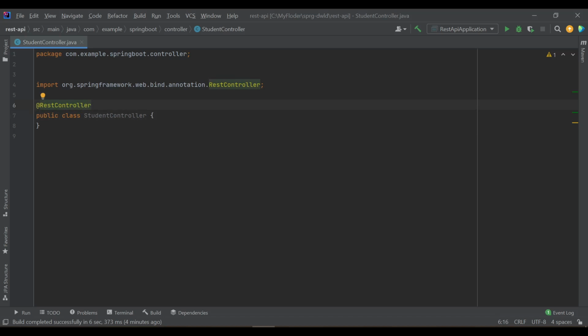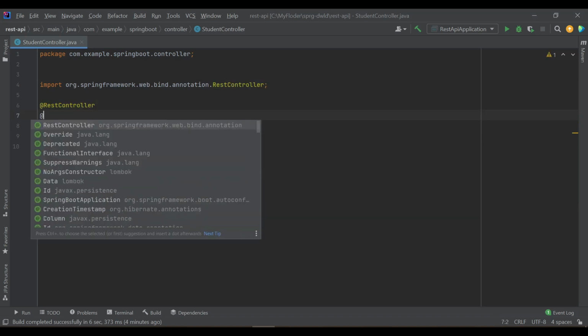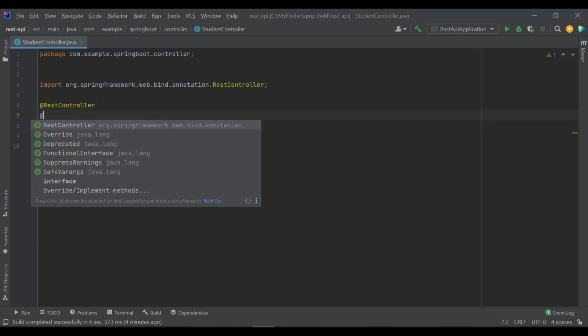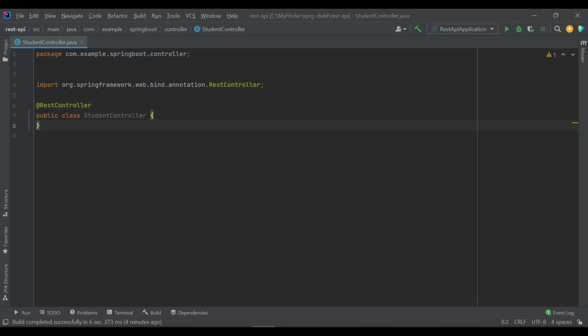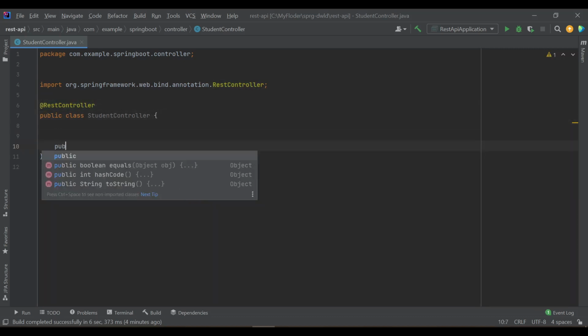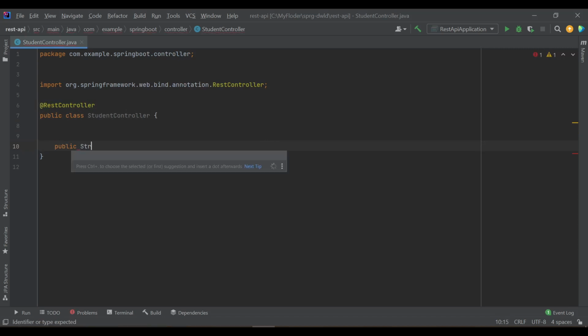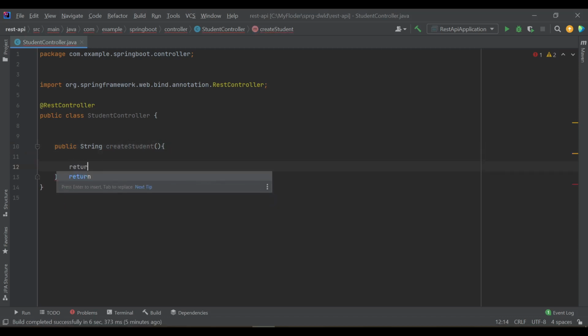Now I just want to give a request mapping, I'll leave it for now. Let's test first. I will define one method called public String createStudent, just for testing, and just return a string, this is the student create route.